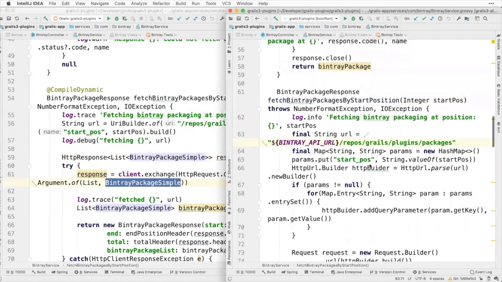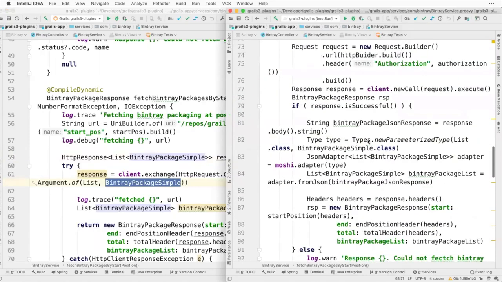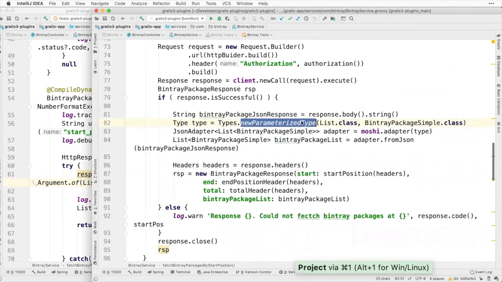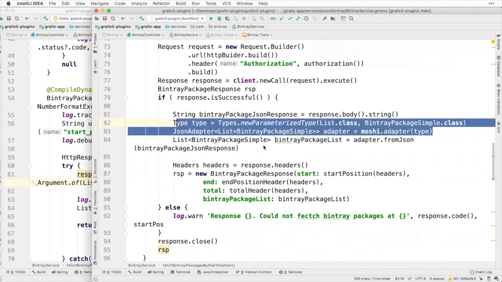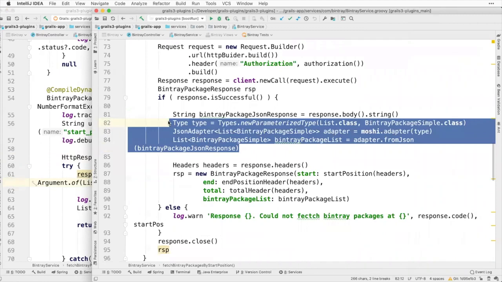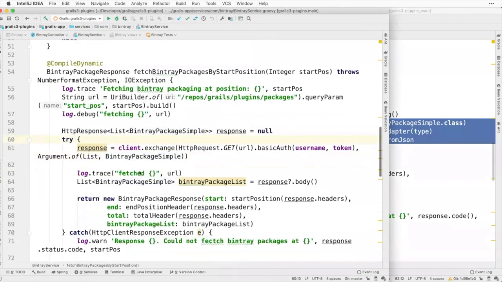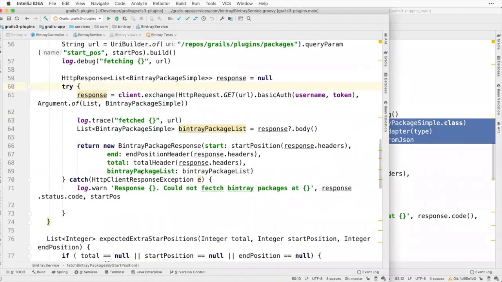In Mozy, this is a bit more convoluted because you have to use a bit of reflection here. So this is the way you will do it in Mozy. It's definitely doable, but it's a bit more convoluted. In Micronaut, the argument of, I find it myself really, really simple to do. In this example, I am also retrieving the HTTP